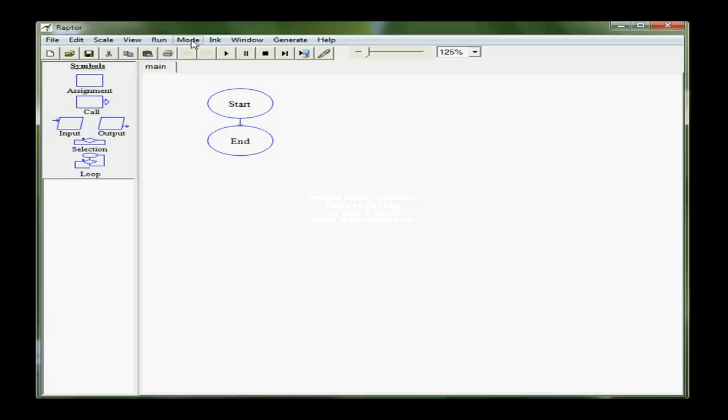The mode is an important menu option because when you first install Raptor, it by default is a novice mode, which allows you to do subcharts that don't allow passing of variable parameters. However, we're going to be operating in intermediate mode because we are going to be passing parameters, and then there's also an object-oriented mode. The ink menu allows us to change the color of the ink so that we can annotate on the flowchart,